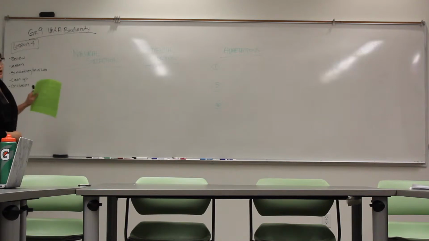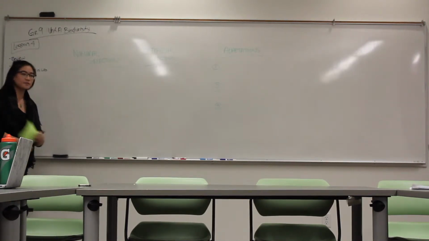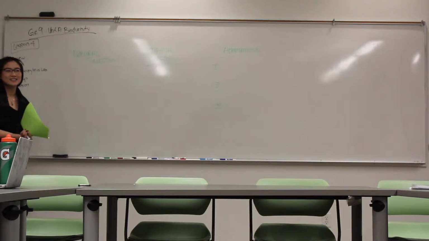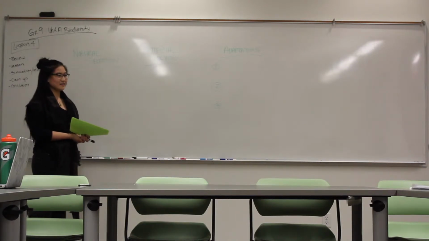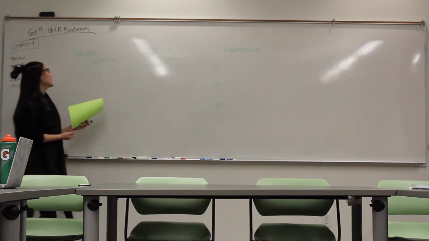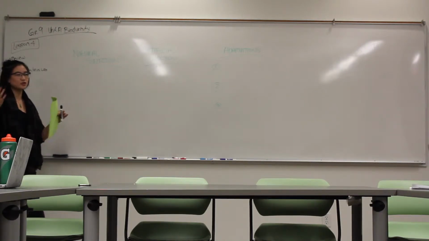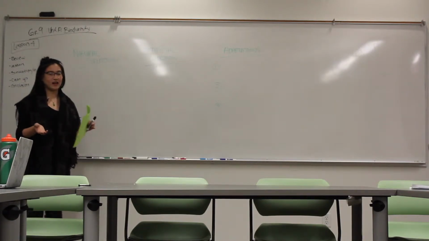So this class we'll be doing natural selection, artificial selection, and adaptations. Can anyone tell me what natural selection is, or has an idea of what natural selection is? Yes? So it's in the wild, kind of like survival of the fittest, who will survive certain situations or environments. Yes, exactly. So it's like the environment chooses two animals or organisms to mate, kind of thing.